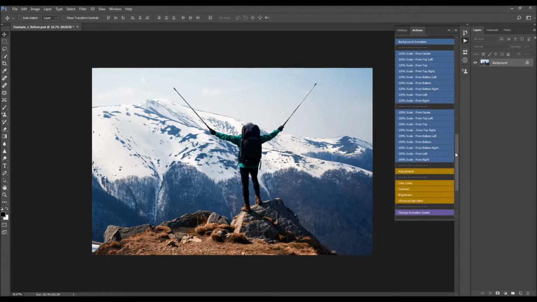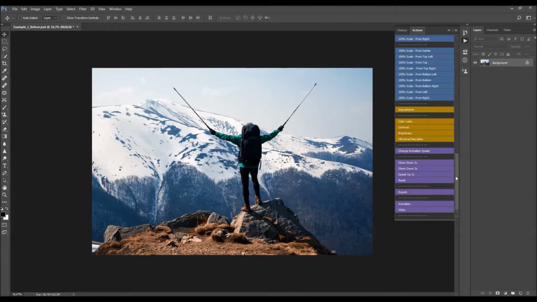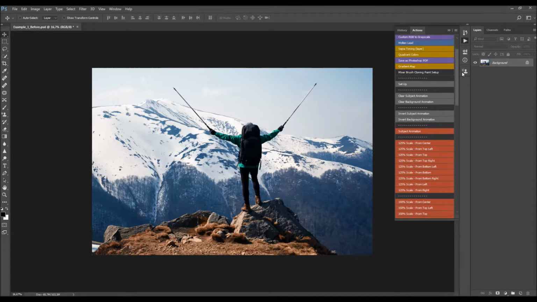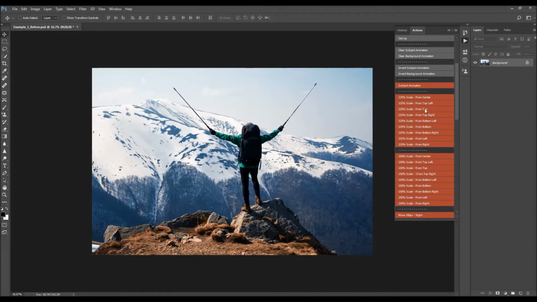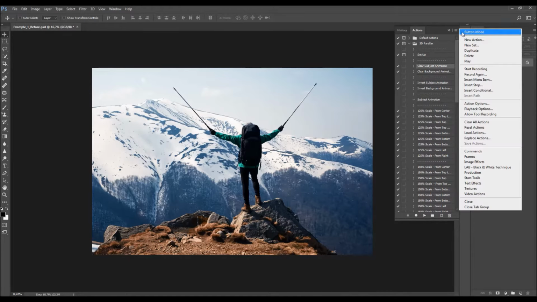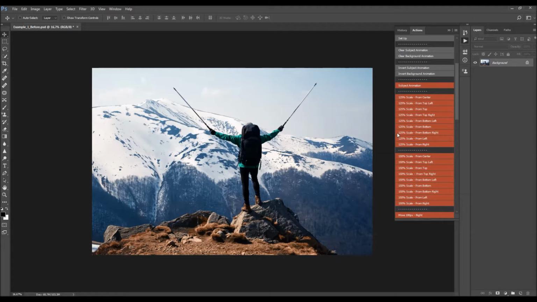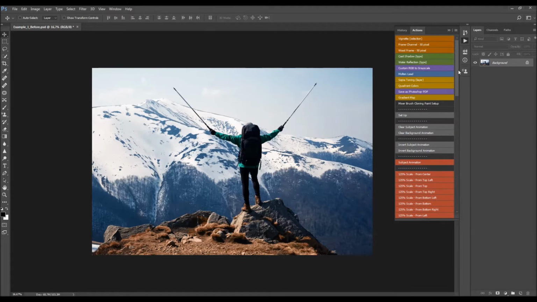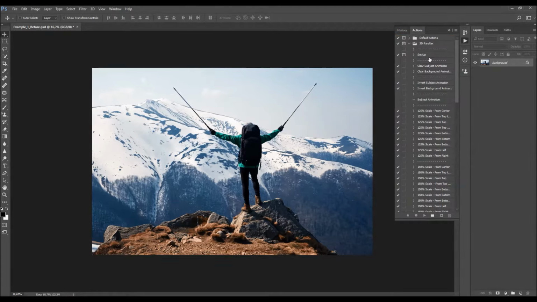Here the actions are all colored, and how button mode works is you basically just click on the action and the action will run automatically, so you don't have to select the action and click Play. You just click on the action and the action will run. Alright, so I'm going to switch it back to the default mode, and what you need to do now is